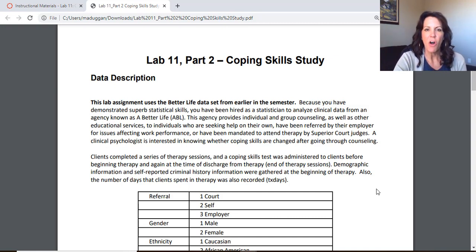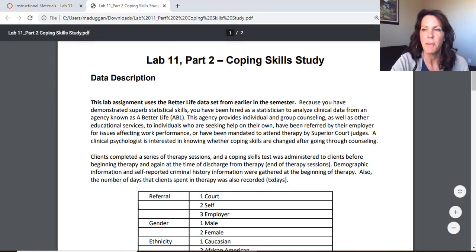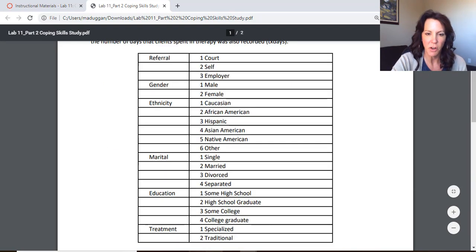And as you will recall, the people in this study were either referred to therapy by their employer, or maybe it was the superior court judge, or they were self-referred. But none of that really matters in this. All we know is that people went through a certain type of therapy and they were measured on their coping skills prior to starting therapy and after finishing therapy. So we can do a paired samples t-test to see if therapy made a difference based on people's post-coping skills minus their pre-coping skills. First, I'll open up JASP